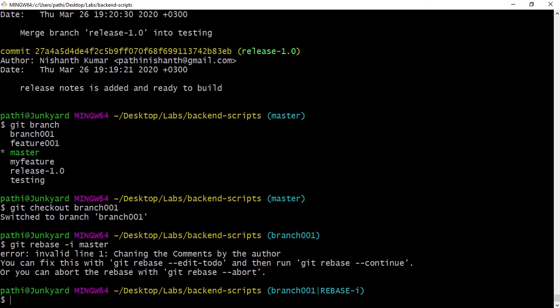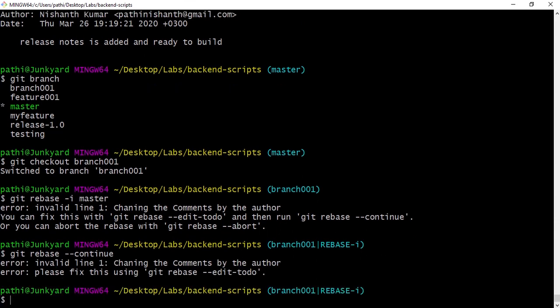Now, in case you want to revert, or you can go ahead and change it, it's absolutely fine. Again, it is telling that there is a rebase issue. Let's go ahead and fix that, because I was actually writing some sentences. Invalid line 1, changing the comments by author. So please fix it. The comments that I have written are not accepted.